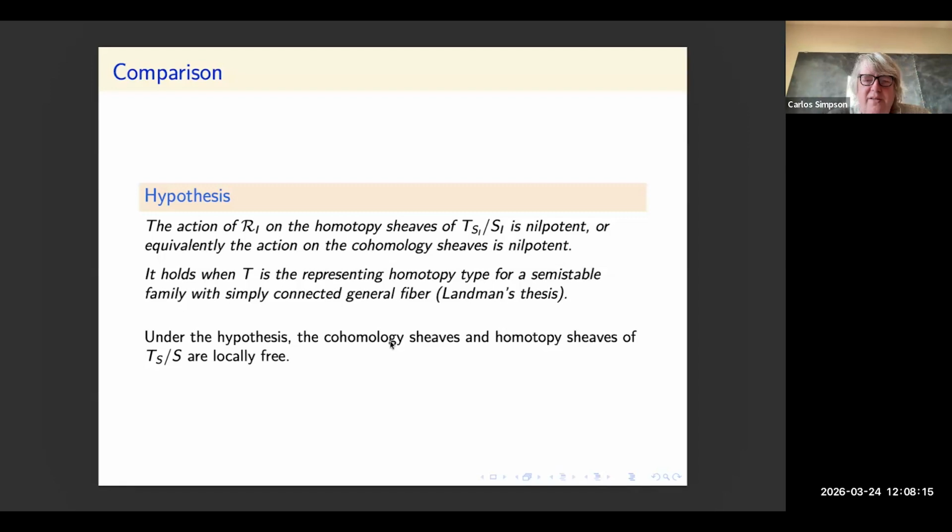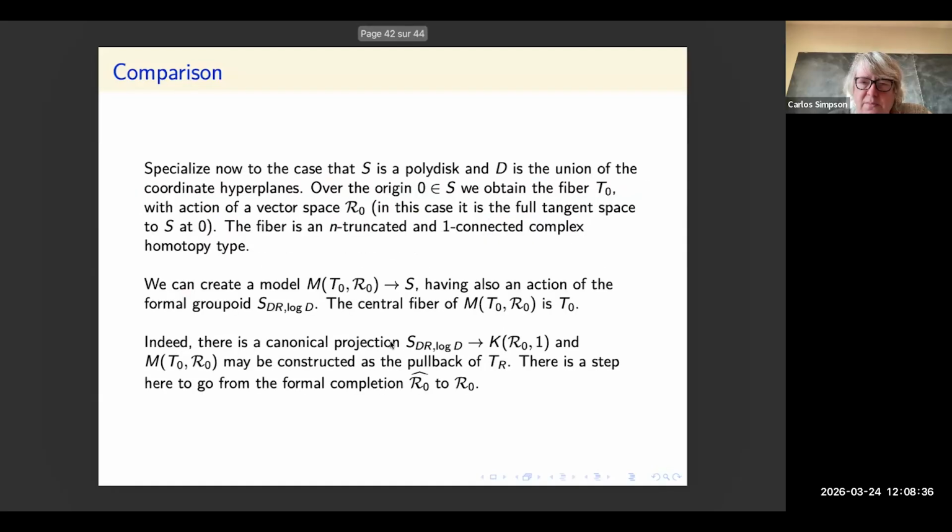Okay, so then under this hypothesis, because of the properties that we said previously about logarithmic connections, the cohomology group sheaves and the homotopy group sheaves of our schematic homotopy type family are locally free. So suppose we have a polydisk,